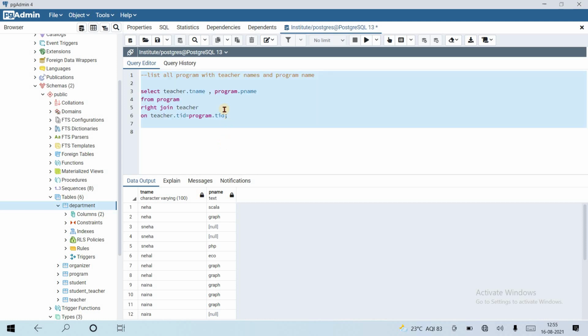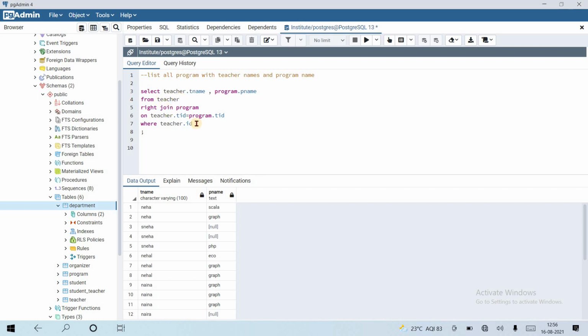Let's see with the same example, where some condition, where teacher dot id is, now this is the left column.